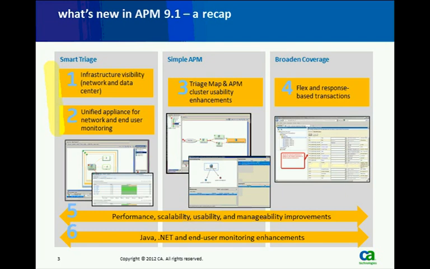In APM 9.1, leveraging integration with other solutions, primarily infrastructure management solutions, we're able to visualize the dependencies of the application that you're monitoring with the underlying infrastructure, whether that's physical servers or the virtualization layer or the network or databases. One of the areas where we provide that visualization is on the Application Triage Map,